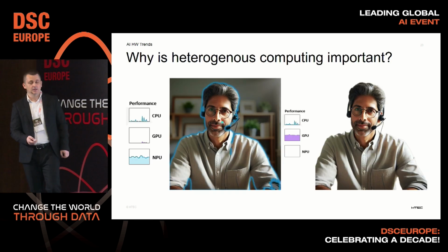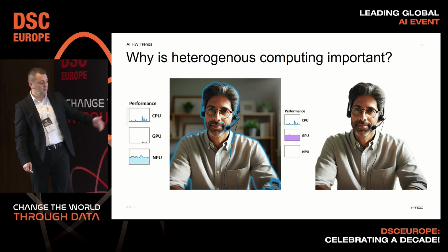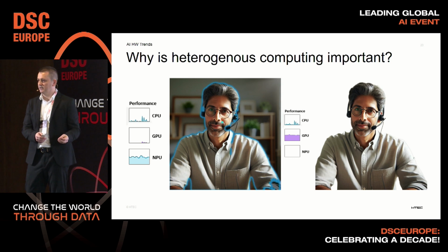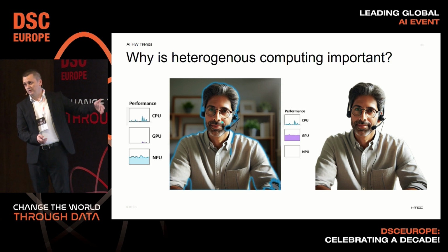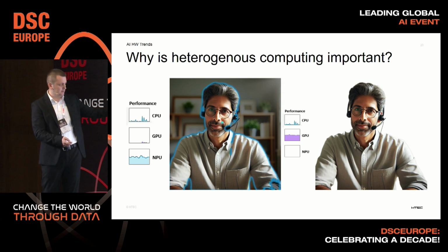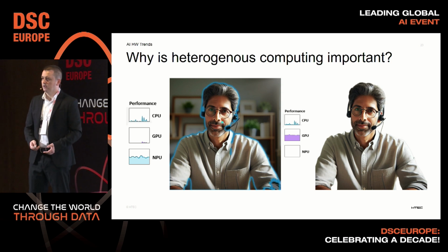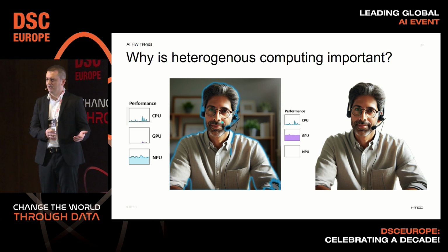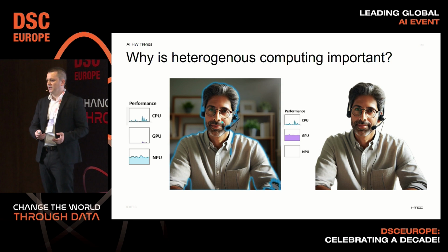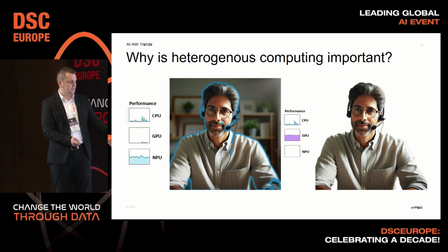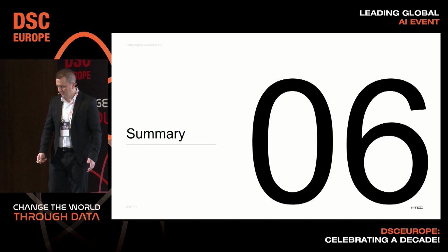Why is heterogeneous computing important? Right now, you can go to a shop and buy a laptop with an NPU, and this is, as I mentioned, dedicated hardware for your PC. Why is that important? You can offload some tasks to the NPU, like in this example, some segmentation can be done on the NPU, and after that, you can just use a GPU for the rest of the activities. So this trend will enable making AI-first applications. You, as a developer, will rely on some hardware that is already present. You can offload your entire work, so development of AI applications will be much easier.